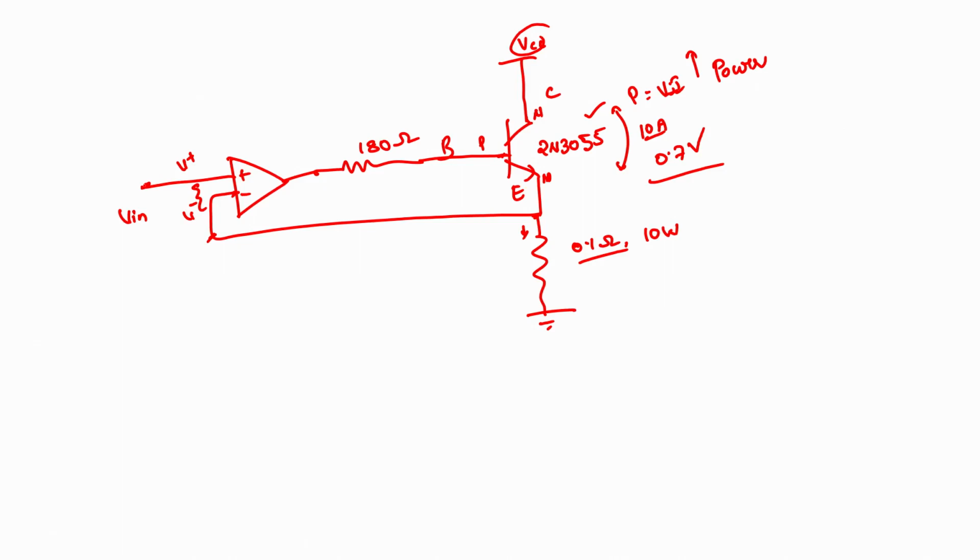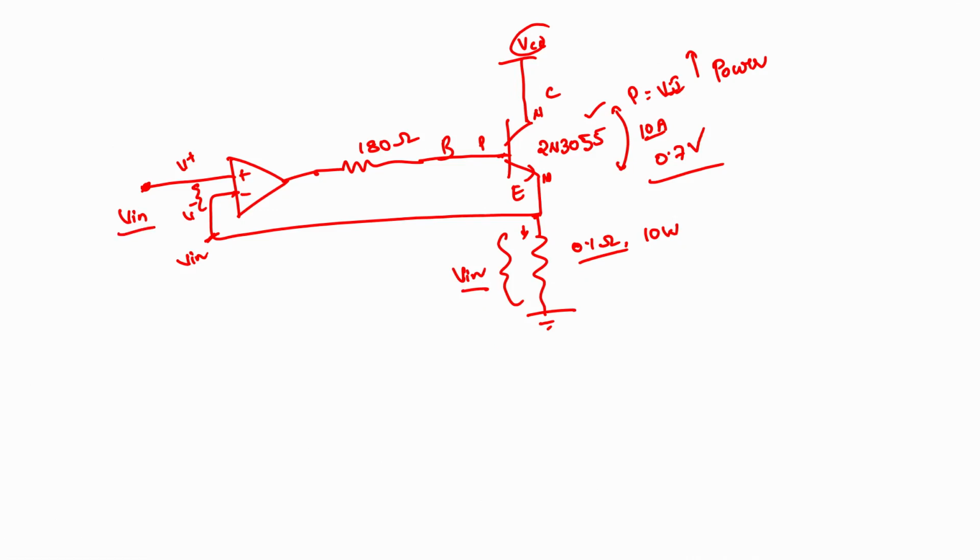So, what happens? Since this is Vn, as per the property of your op amp, this also tries to maintain Vn. As a result, it forces the voltage drop across the resistor to be Vin, right. So, that means this is completely in a forced condition. In the previous case it is not forced, it is free, meaning we do not have any influence of input parameter on the voltage drop across the resistor, but in this case because of the operational amplifier, it forces the drop across the resistor to be the same as the input voltage that we are applying here.